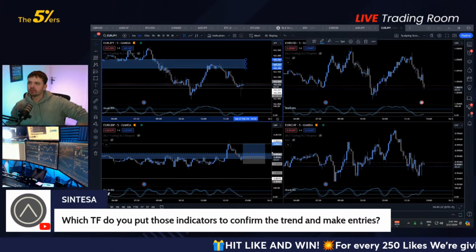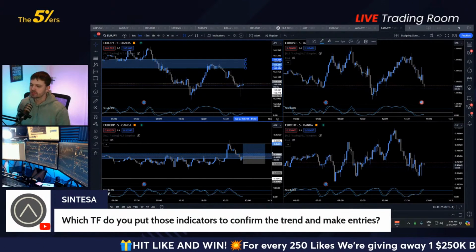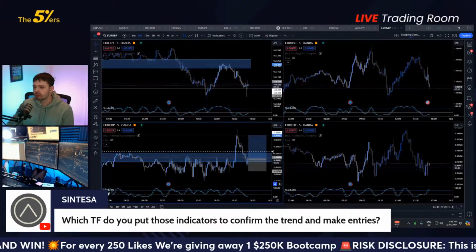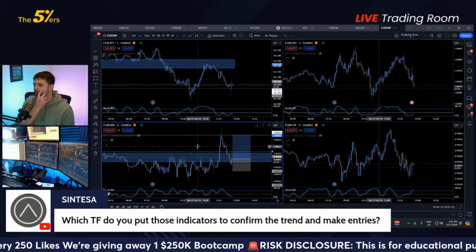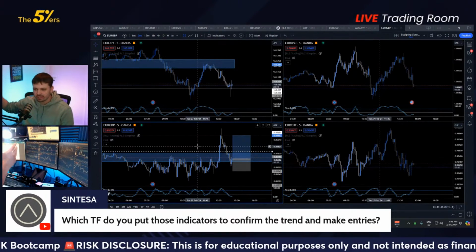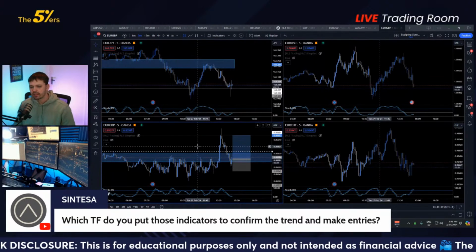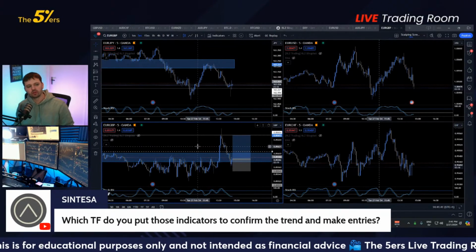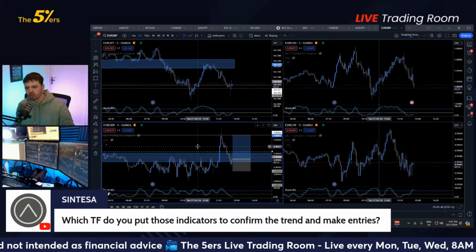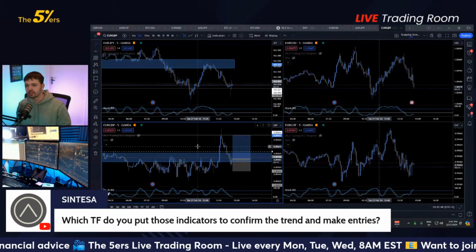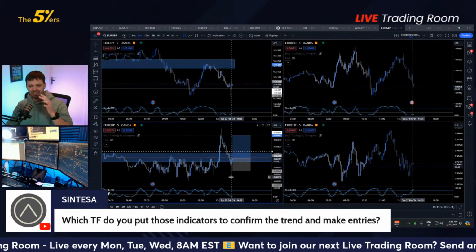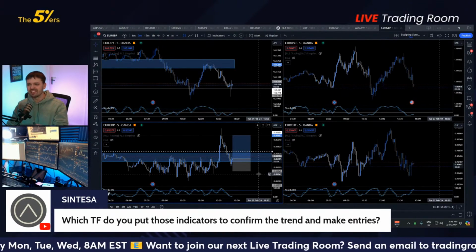Which time frame do you put those indicators on to confirm the trend and make entries? So I would preferably want to go long markets that are in an uptrend on as many time frames as possible. I don't really want to go long on the 5 minute if the 15 minute, 1 hour, 4 hour and the daily are in a very strong downtrend. So I want to make sure that if I'm going long, actually I haven't really checked the bigger time frames here,